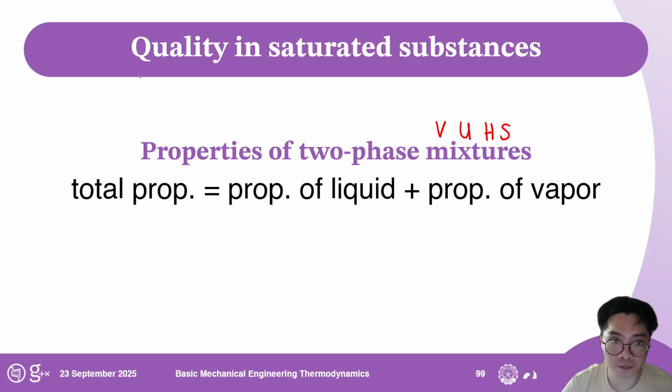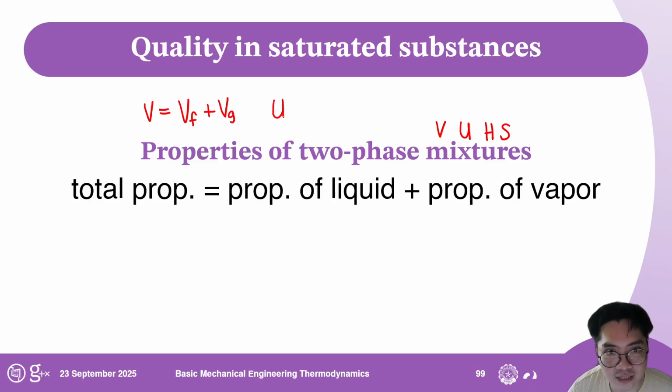Say, for example, the total volume of your fluid is just the volume of your liquid and the volume of your vapor, which makes tons of sense. Say for internal energy, literally the total energy of everything is just the internal energy contributed by the liquid and the internal energy contributed by your vapor,